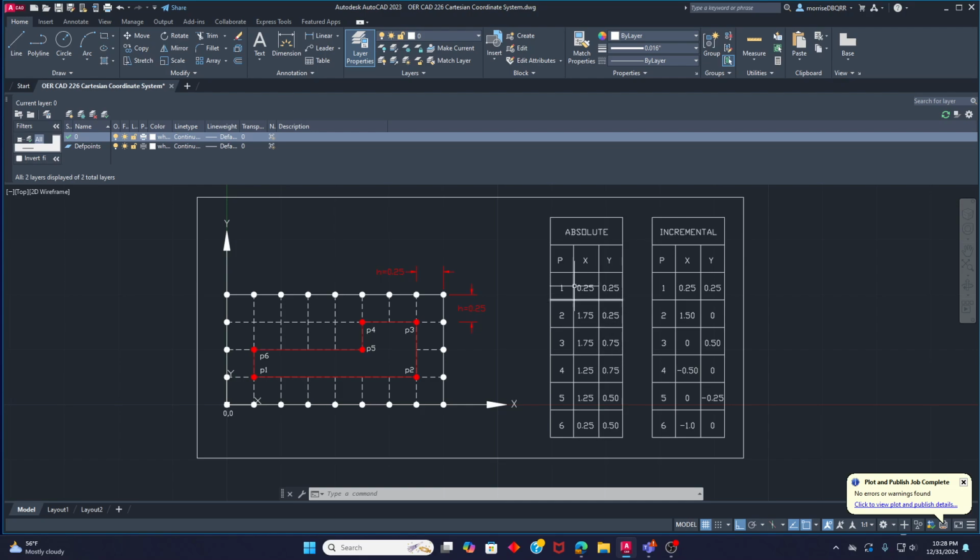Now, let's say we're going to program using absolute coordinates. So P is the point, and these are the X and Y values. So let's look at point 1. Here's point 1. And each one of these little rectangles is a 0.25 by 0.25 square. Okay? So let's look at this grid, and we'll work our way around